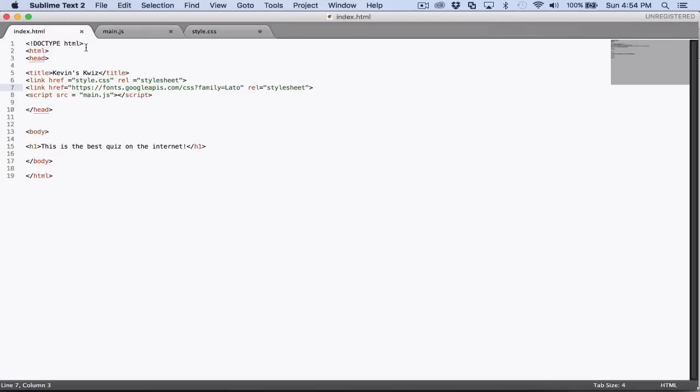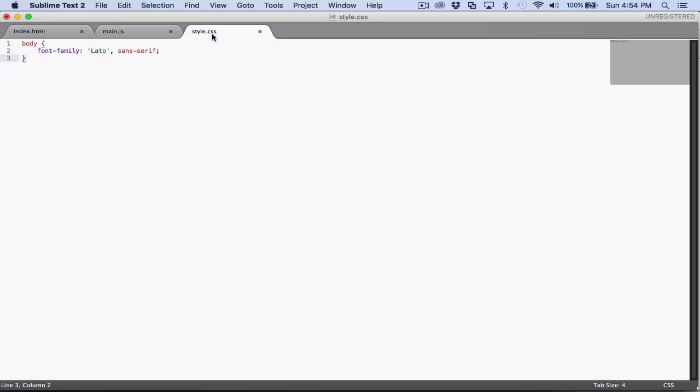So I want to avoid as much typing on screen as possible. So I am going to set these up and then come back and talk about them. And as I'm explaining them, you can copy them down into your text editor of choice. So the first thing I did is just some of the basic HTML setup: the doctype HTML, HTML opening tag and closing tag, head opening tag and the closing tag. Put a little title with Kevin's quiz, with a deliberate misspelling of quiz for some odd reason, I'm not really sure. And I did the link href to my style.css, which is not saved